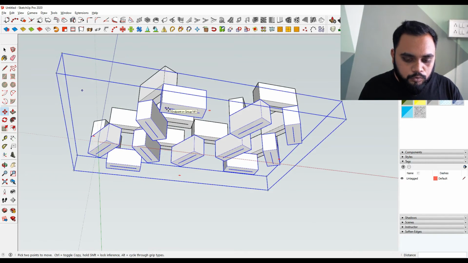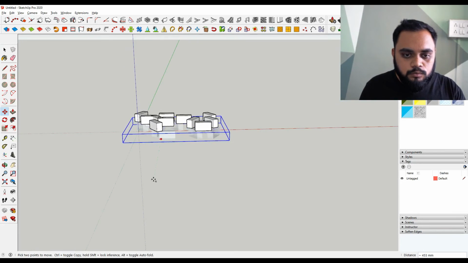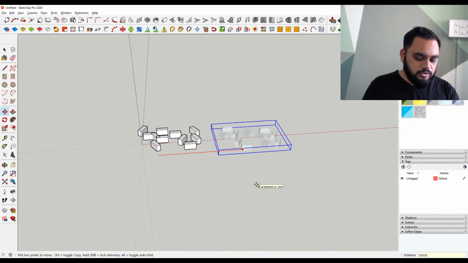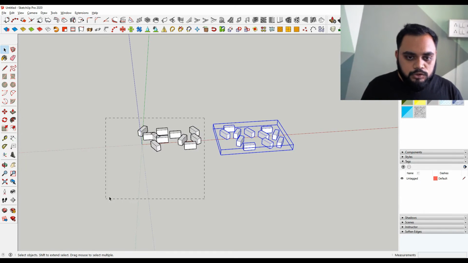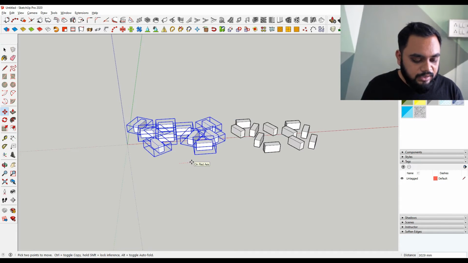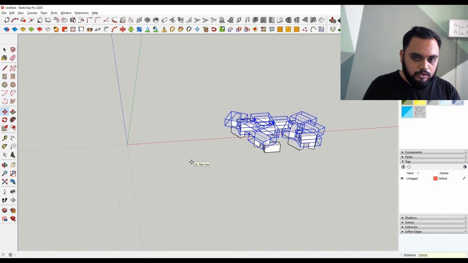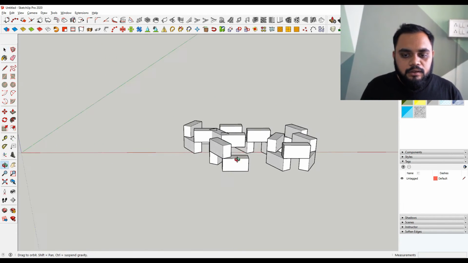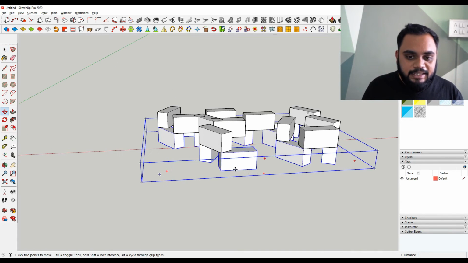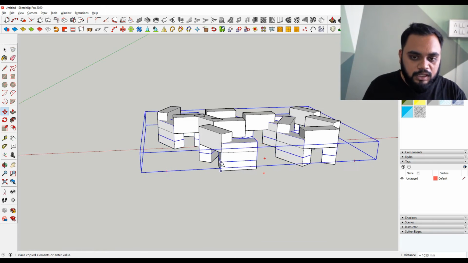When you move this onto the right, move it at a distance that you can remember. I'll move it at a distance of 30,000. Then when you get this part up, you can move it at a distance of 30,000 again. Now it's very simple. You just have to keep on stacking things on top of one another.